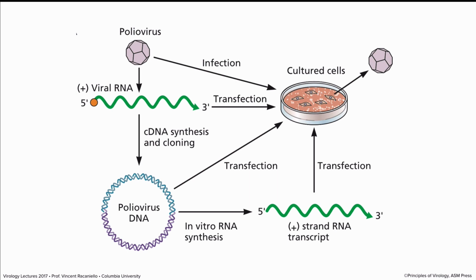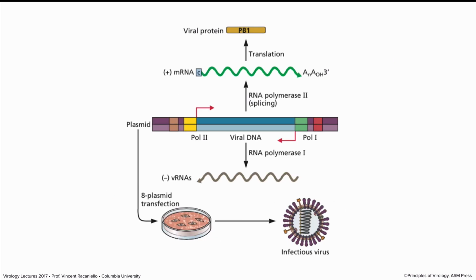Not complete, but it's prolonging people's lives, and presumably if they work on it, they can get it to be even better. That's what you can do with having a recombinant DNA copy of a viral genome. We can do this with influenza virus as well, which has 8 different RNA segments. What we do is take each RNA segment, we make a separate plasmid encoding each RNA segment. We put 8 plasmids into cells, and we can recover infectious influenza virus.